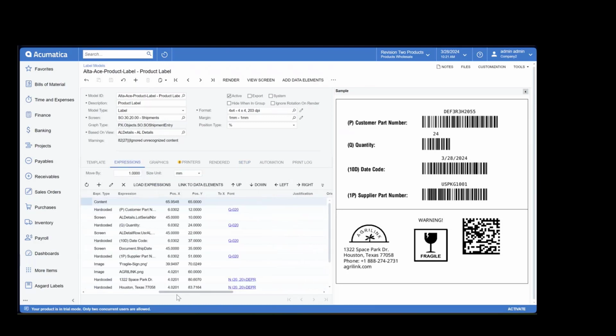For example, we have here the customer part number, fixed value, and the barcode. If we wanted to have a rule wherein this part over here would only be shown when printed if there's a specific customer or a specific item, that would also be possible. So we could use a rule as a per value setup or as a label setup.